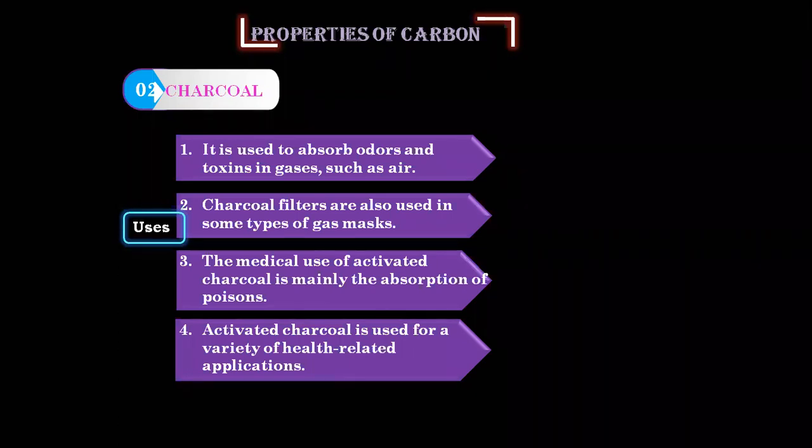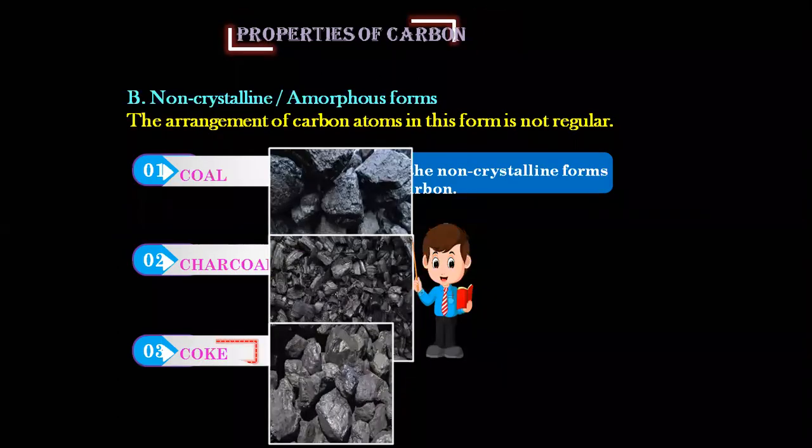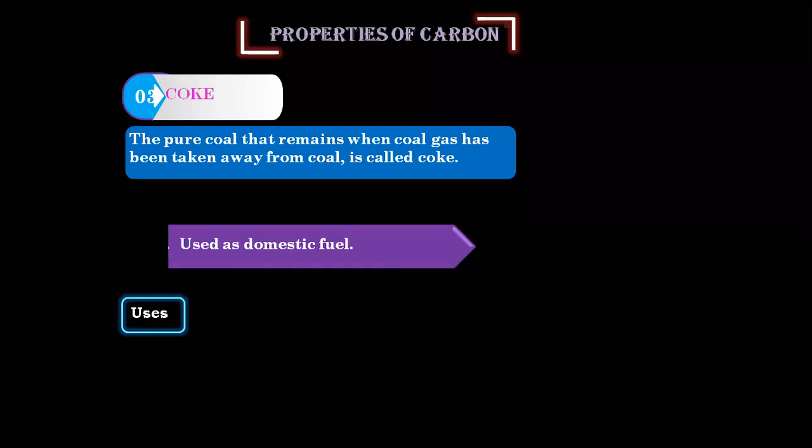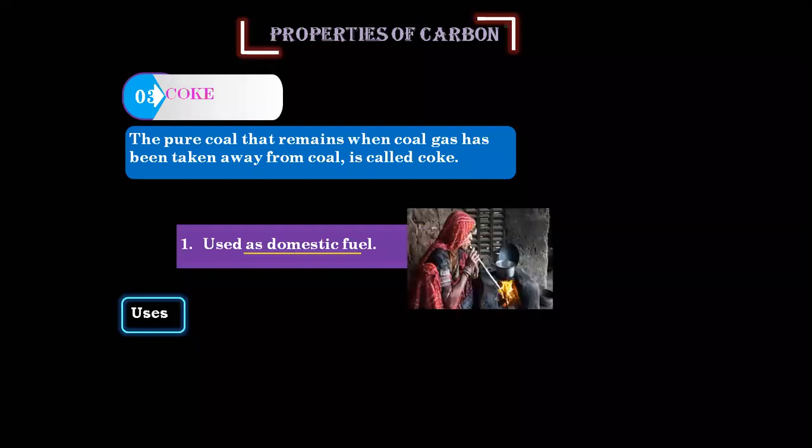Shall we move ahead with the third topic now? That is coke. We're done with coal. We've understood what charcoal is. Let's move to the third one, and the third one is coke. So as we discussed, the pure coal that remains when coal gas has been taken away from coal is called coke. Understand, everyone, and its uses are,